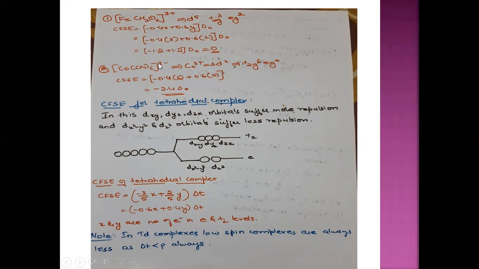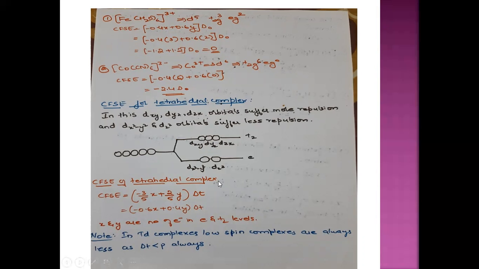That's why in a tetrahedral complex, in the presence of the ligand, these three orbitals, xy, yz and zx, suffer more repulsion. Hence, they acquire a higher energy, and that set is said to be T2, not T2g. It is T2. T2 comes in tetrahedral, whereas T2g comes in octahedral. Just remember it. I have seen students confusing them and writing them reversed. For an octahedral complex, it is T2g; in a tetrahedral complex it is T2.